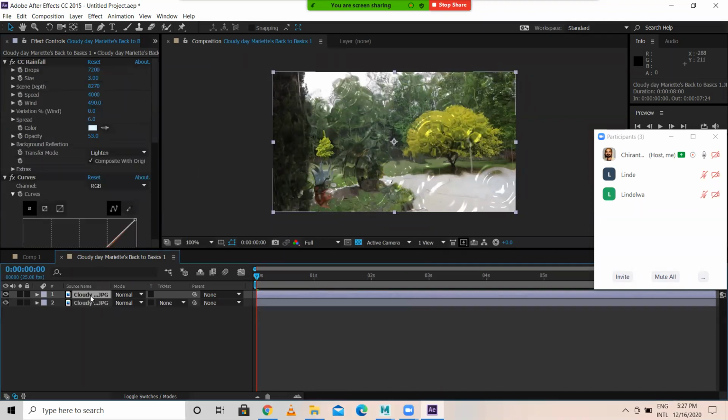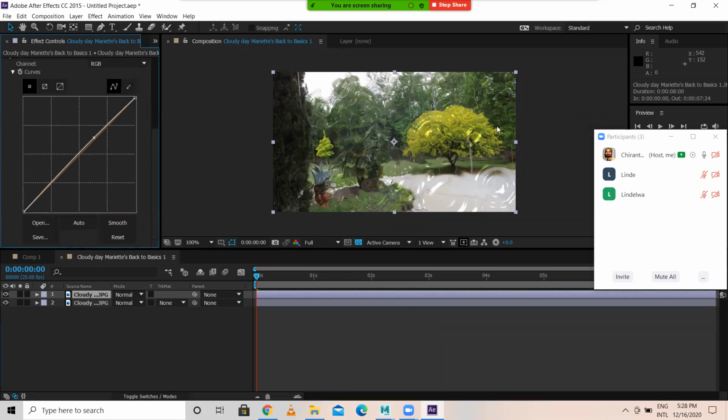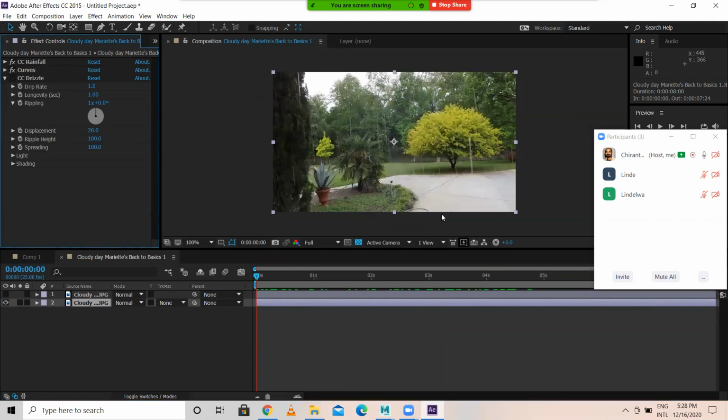I'll duplicate this. In the top one, I don't want CC drizzle. I'll turn off this drizzle for the top one. For the bottom one, I'll just keep only this surface area.